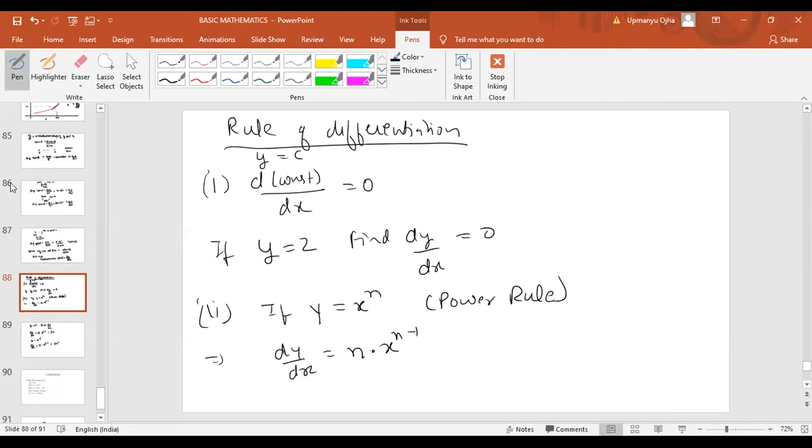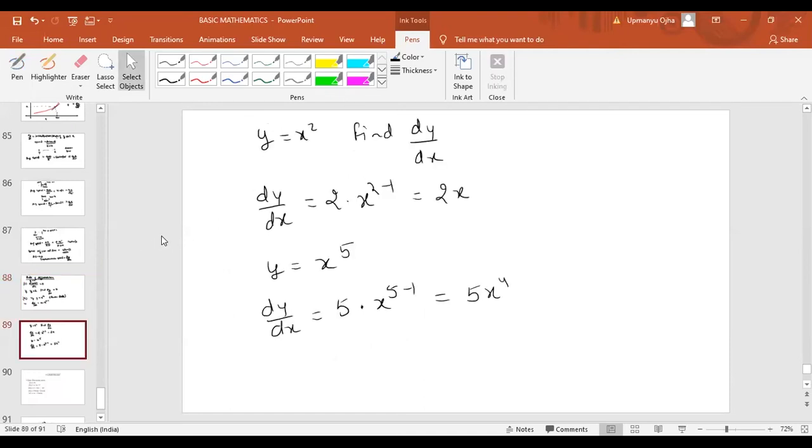And I can prove this also, that when you take the graph y equal to 2, then slope of the graph is 0. Dy by dx is the slope of the curve, so that would be 0. Okay, understood? We can apply it for x also. Very good question you have asked. It is not necessary that y is a function of x. I can give you an example here.